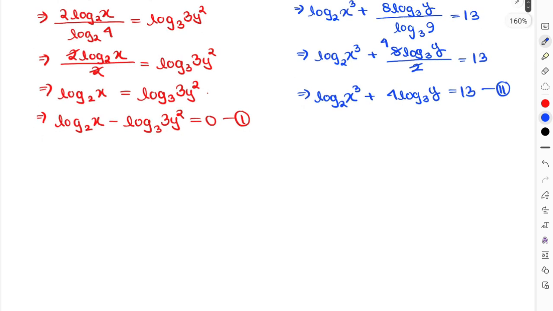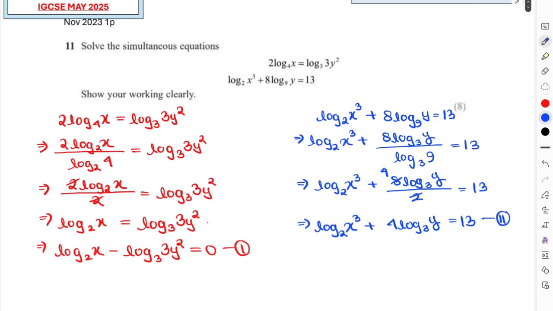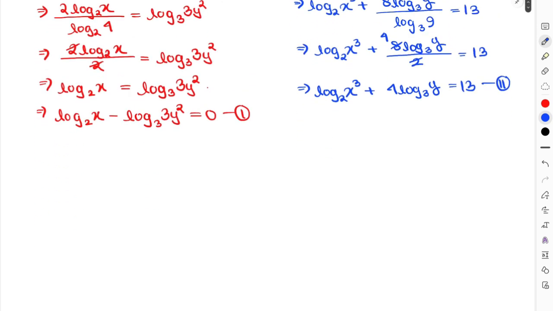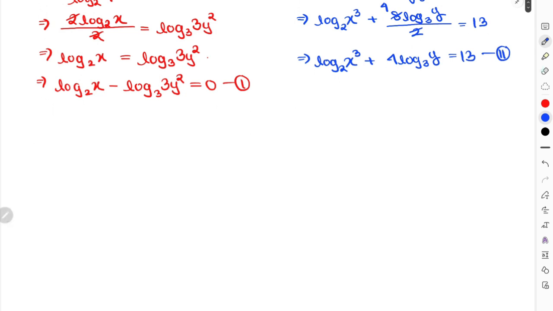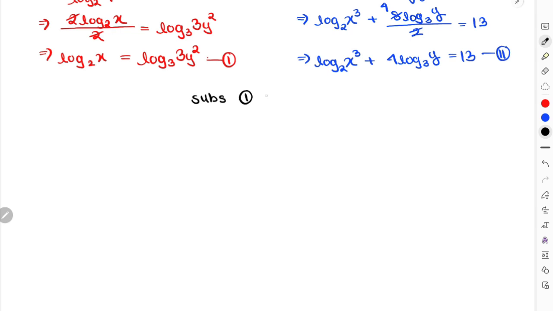This is how you have to simplify it, and now you can either substitute or eliminate, but actually you cannot eliminate from this part. You have to do substitution. So over here I will not consider this entirely as equation 1. I will consider this one as equation 1. In that case the value for log base 2 x turns out to be log base 3 of 3y whole square, right? So if I just substitute equation 1 into equation 2,